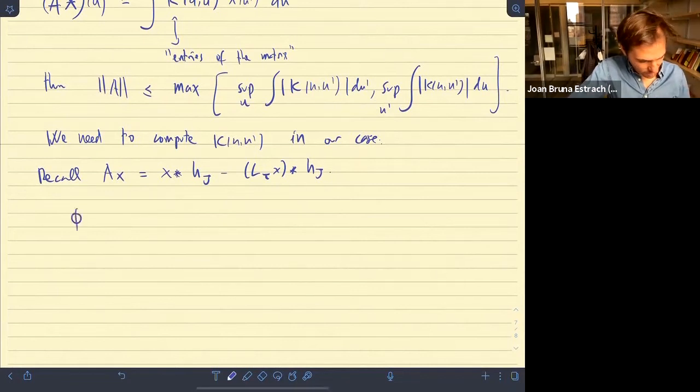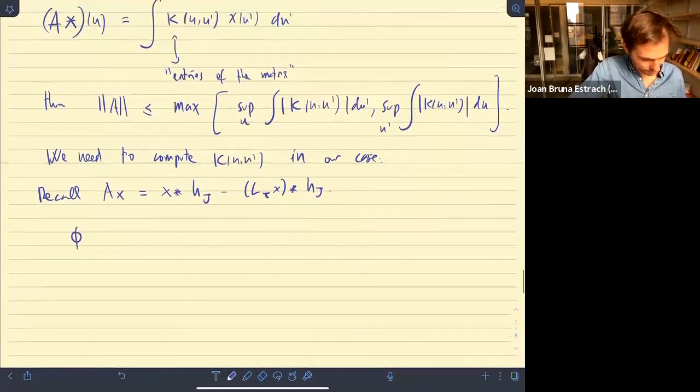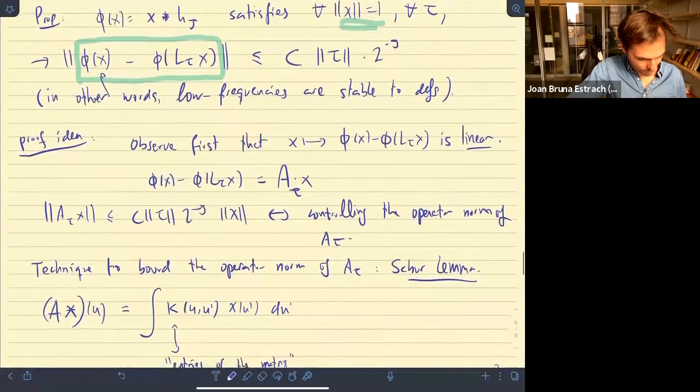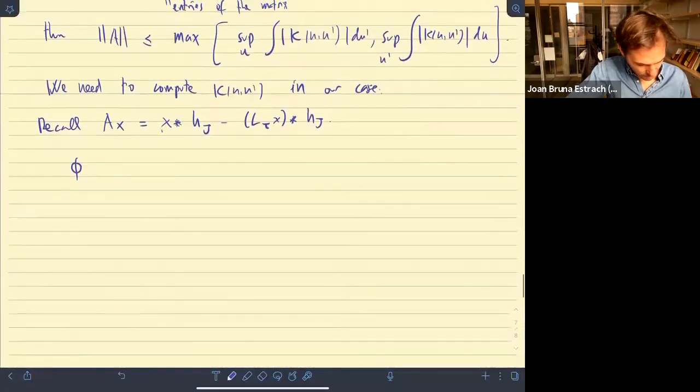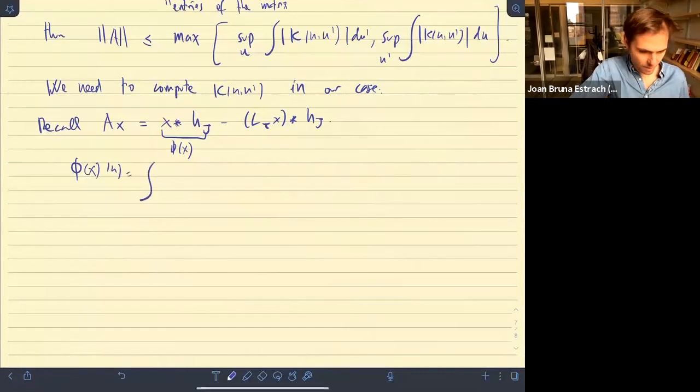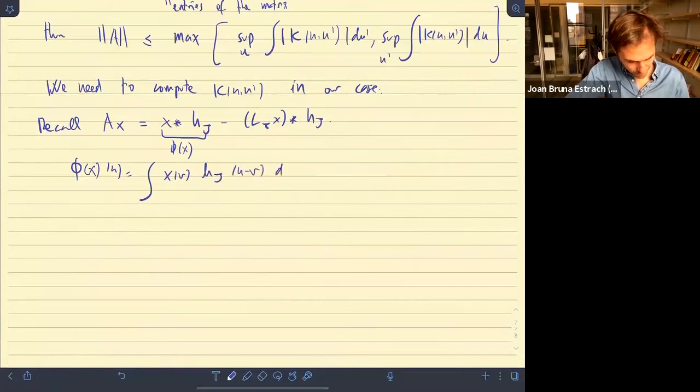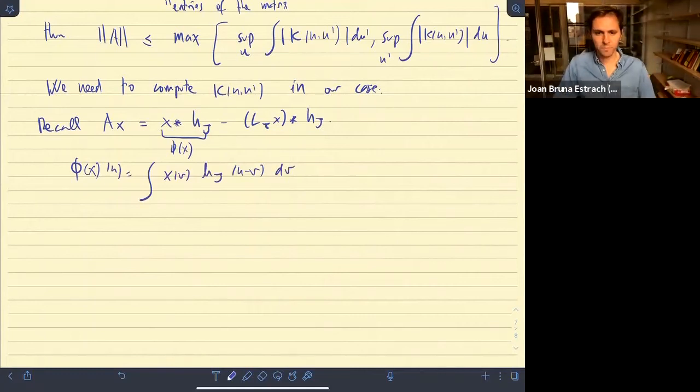By definition, the convolution is the integral of X(v) times K(u minus v). A convolution is always expressed as an integral operator, and the kernel of a convolution is